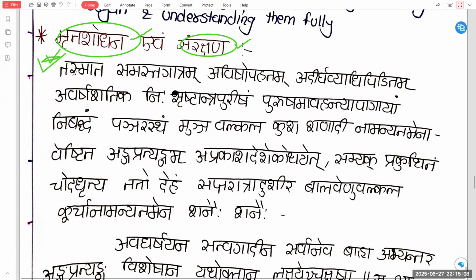I will emphasize that you must learn this by heart. We will see the shlok one by one. First, let me just read it out for you so that it becomes easy for you to decipher when we see the translation. Okay? So, Tasmata Samastagatram Avishopahatam